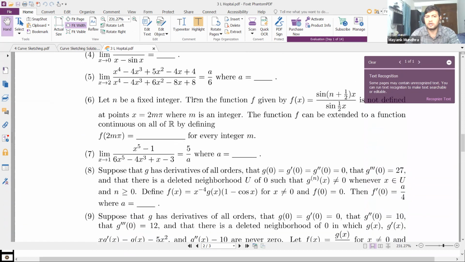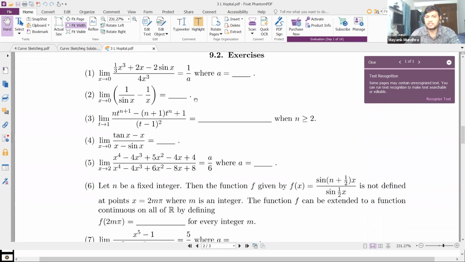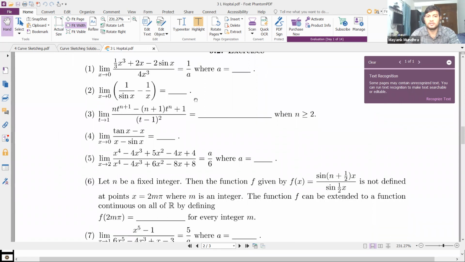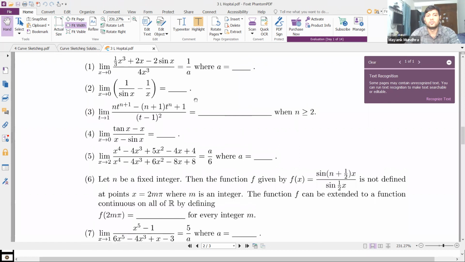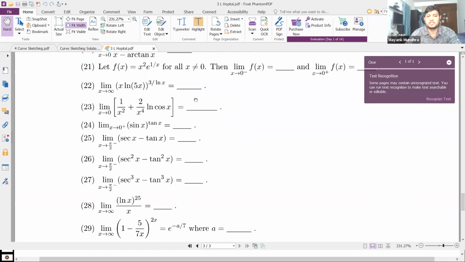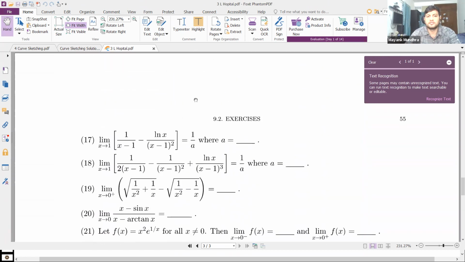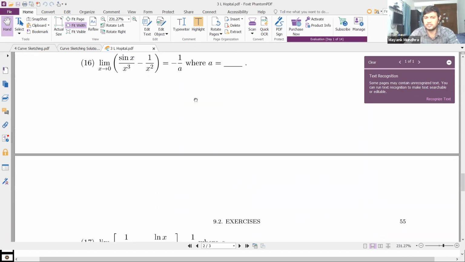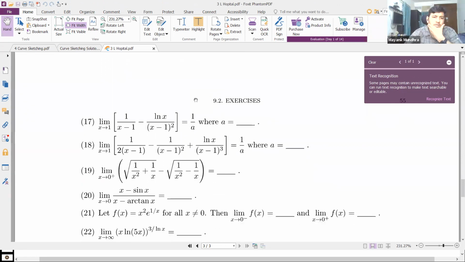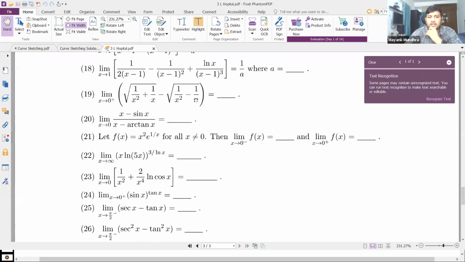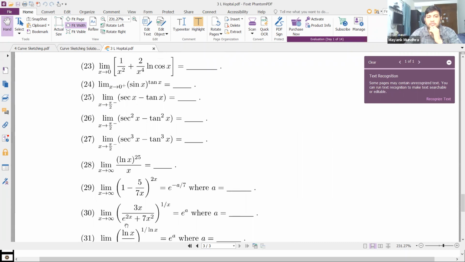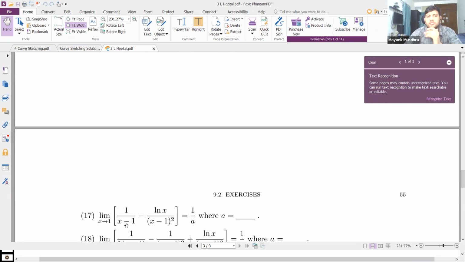I've given you the application, but that doesn't imply that everything is going to be rosy. Not all questions are going to be very straightforward. So you'll have to work your way through this problem set. Obviously, there are a lot of problems, but it's sufficient if you do the first page. I'm only going to discuss the first 16. If you are able to do that, you're good enough. The later problems involve a lot of trigonometric equations, so I don't want that. Till 16 is sufficient.